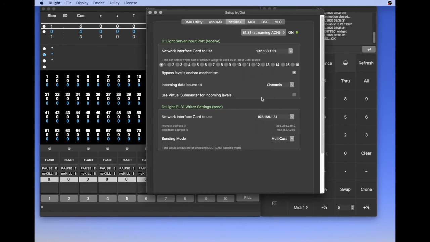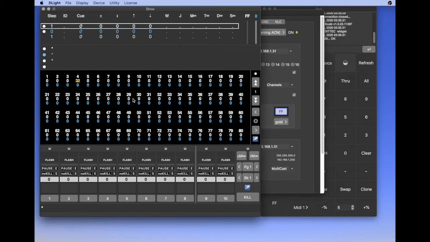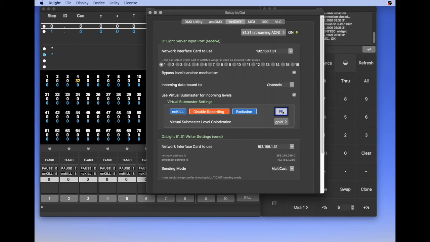If I bind incoming levels to a virtual submaster, now even if I press the go button, the levels from the PC stay. You even have the possibility to adjust the level.